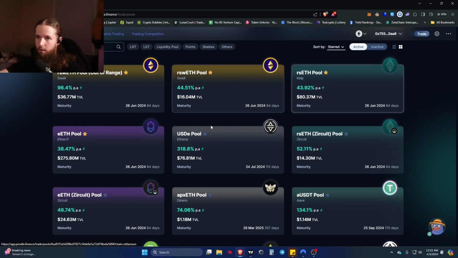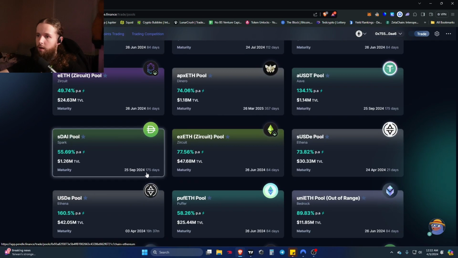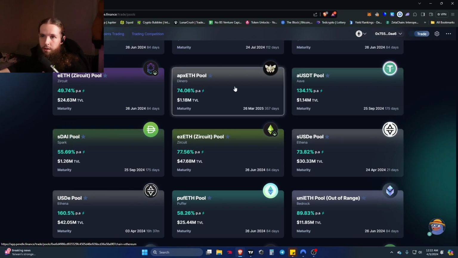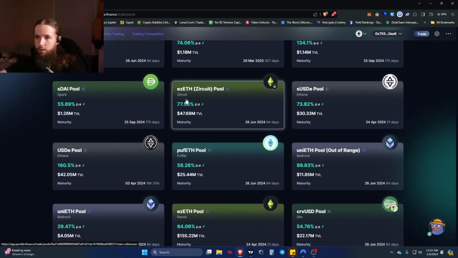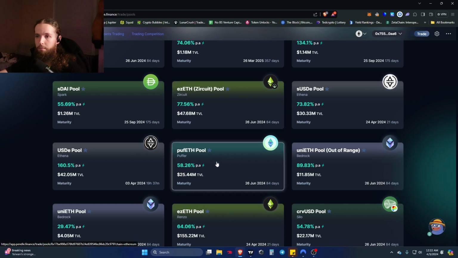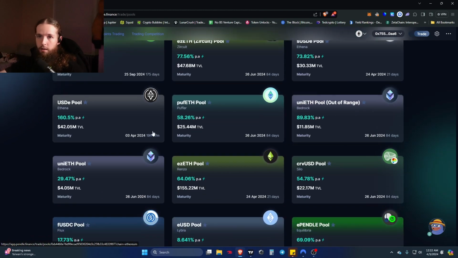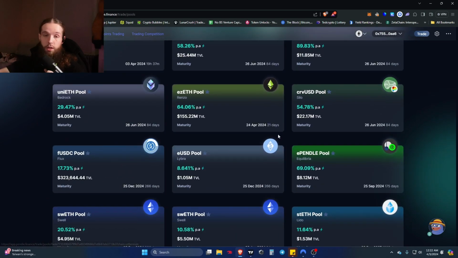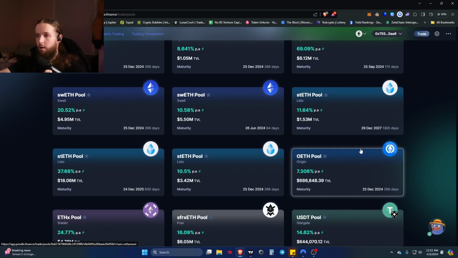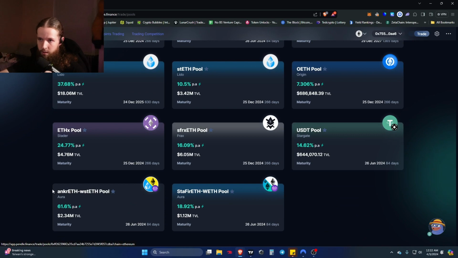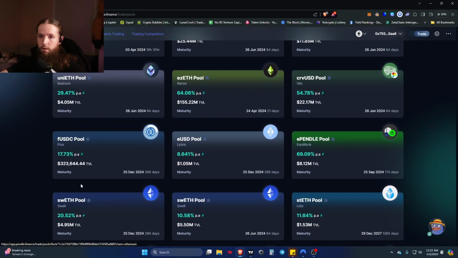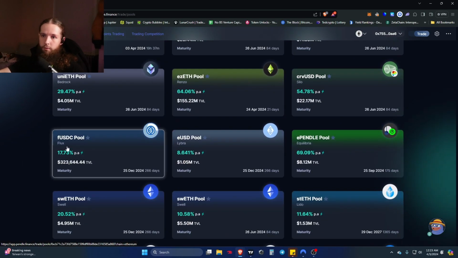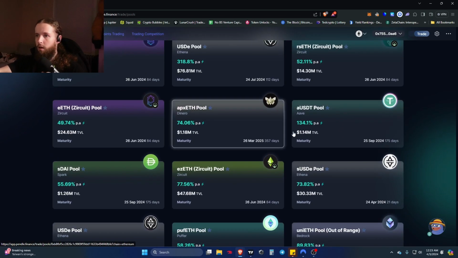We have Swell, KelpDAO, EtherFi, Dinero here, which I'm not too familiar with this protocol, but that is there. And then of course Renzo, Puffer, Bedrock, lots of different pools here, and they also have pools for stable coins as well. So you could put Stargate USDT, as well as FUSDC from the Flux protocol, which I believe is